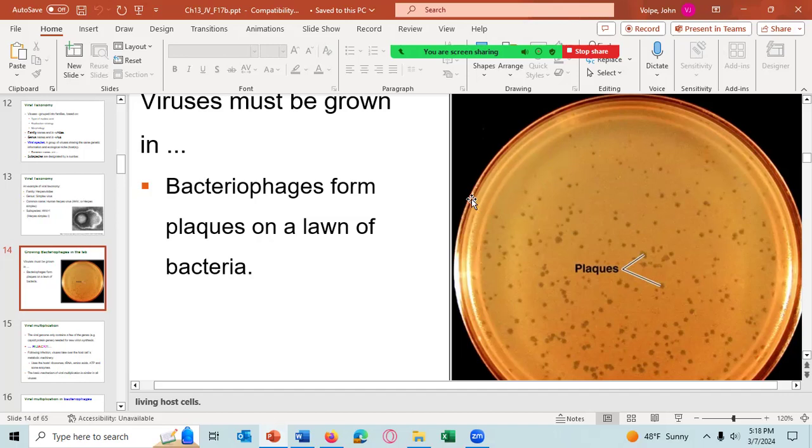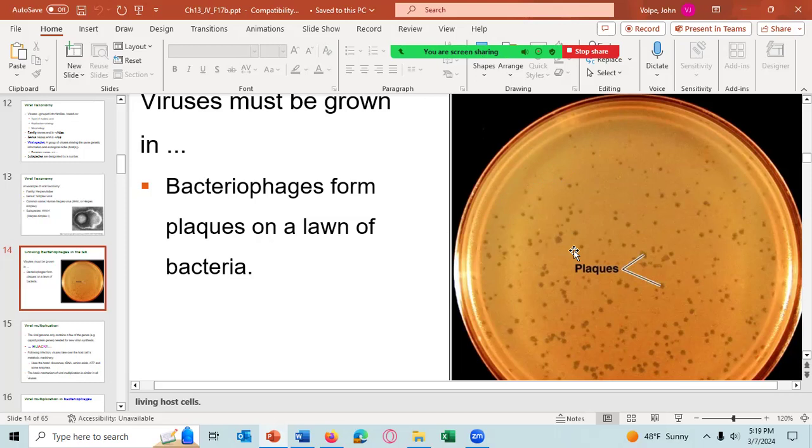And then you spread over the plate after you put the bacteria on it. You haven't grown the bacteria yet. You just plated them. But before you incubate it, you then put on a solution containing a virus and then spread that around. Wherever the virus lands on a bacteria cell, it will then infect that cell and replicate it,